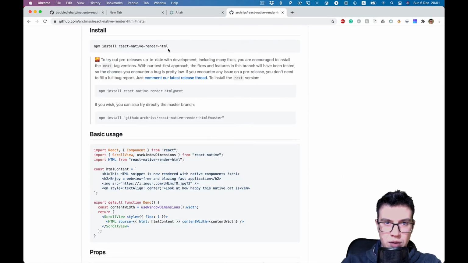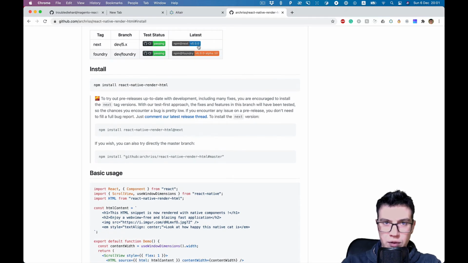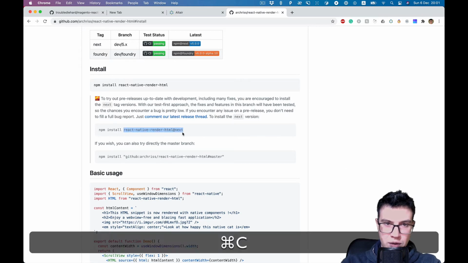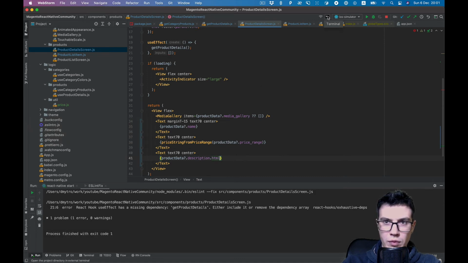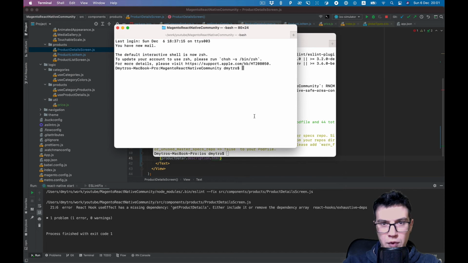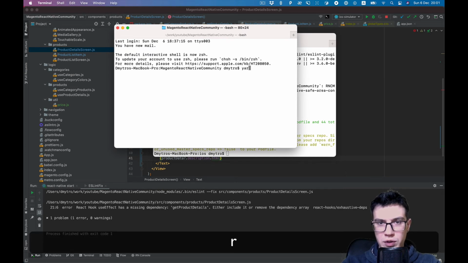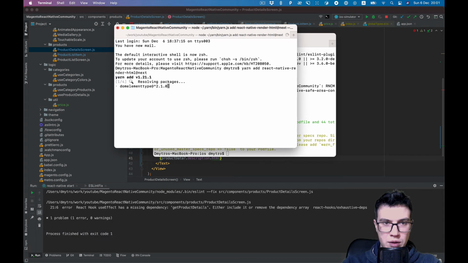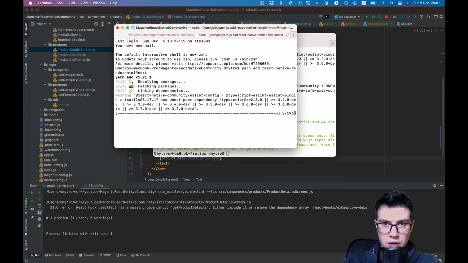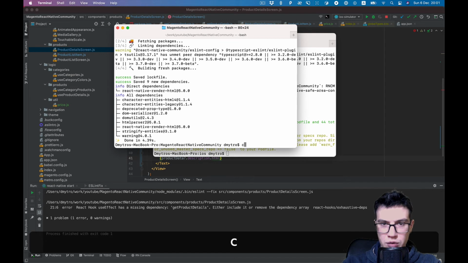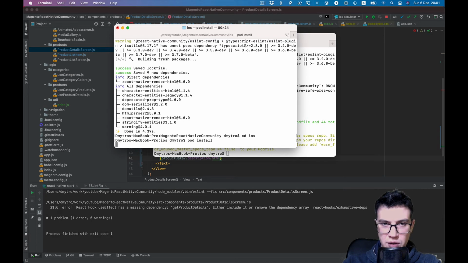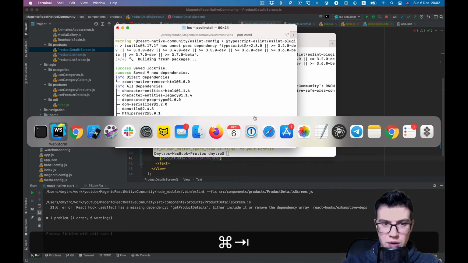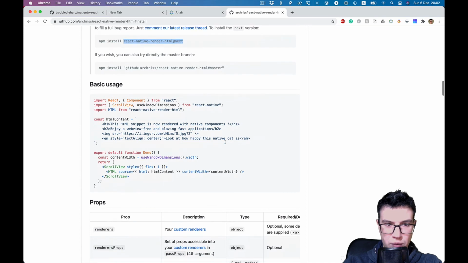Install, and for version 5.0.0 we need the next version. Let's use it. Yarn add. I'm not sure if we need to install some pods. Let's do it just in case. Meanwhile, let's take a look at how we can use it. Okay,